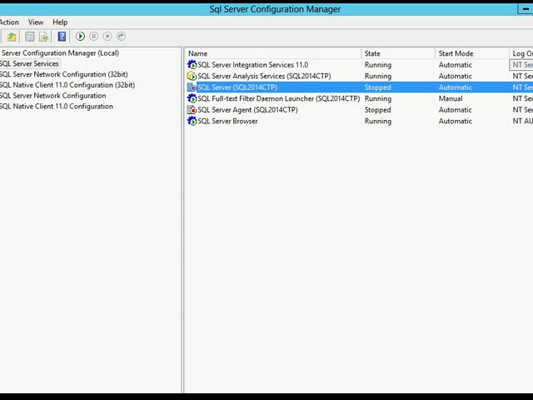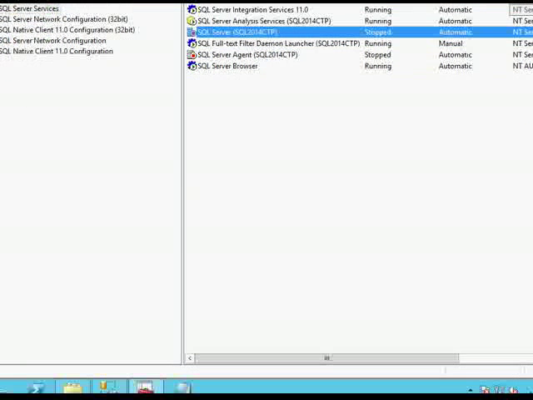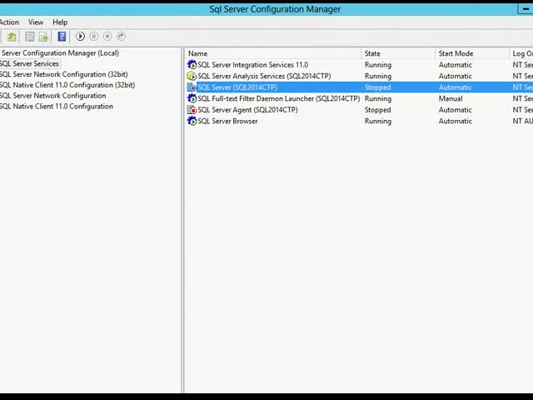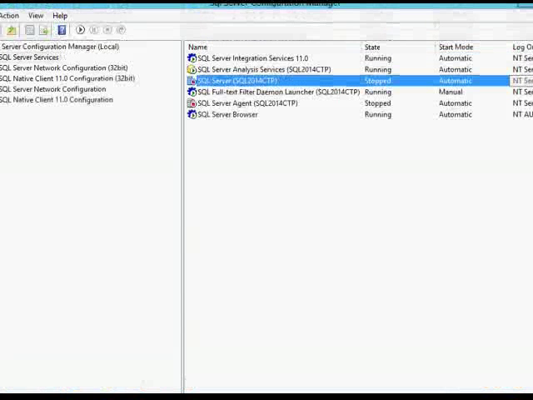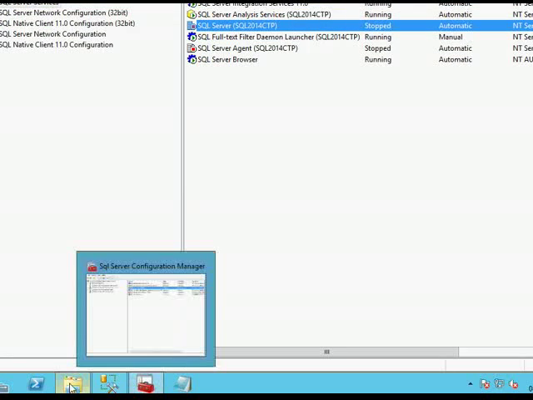Now what we need to do is run the setup of SQL Server, passing some parameters so that we can create new master, MSDB and model databases on the instance, and then we are going to restore the master database from the latest backup we have, followed by restoring the MSDB. If we have any issue with our user database, then we are going to restore it as well. So let's open